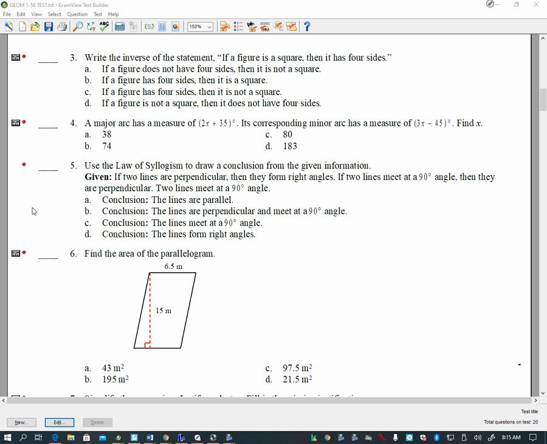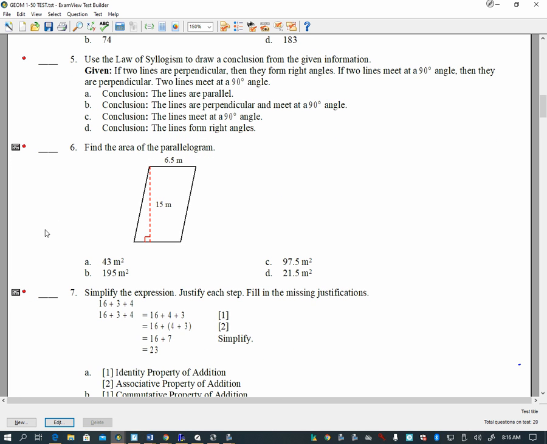I think the mistake that people are going to make is that we're just going to work on the assumption, okay, when I get to this question, I add them together. What we're used to doing is setting two things and adding them up and setting them equal to 180. In this case, because we're dealing with the whole circle, it's 360. So you do have to understand what you're working with.